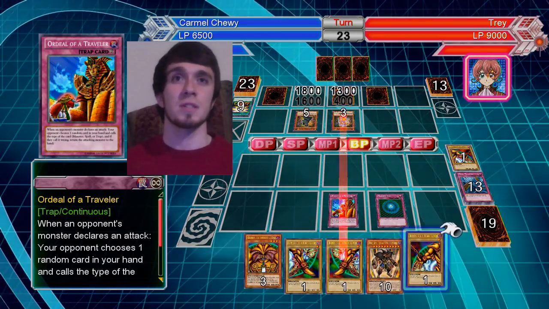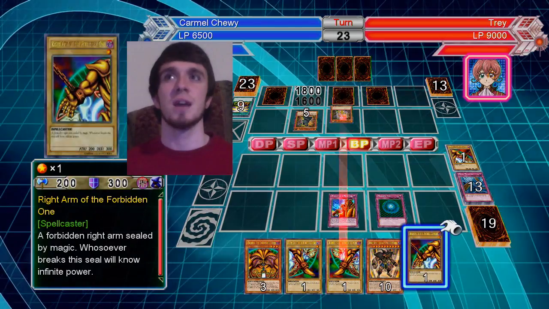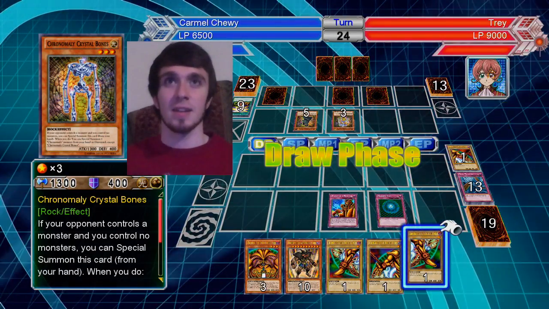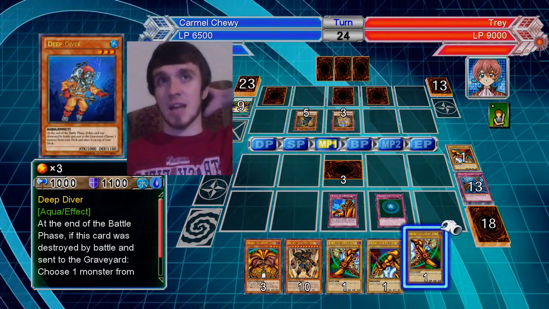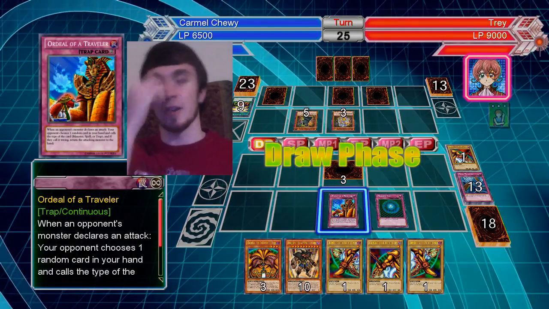Doubtful it works this time, because I literally just have monsters, and you actually didn't hit monsters. I remember before when I used Ordeal of a Traveler, it like never fucking worked. Every time the AI just knew, like, you can't do that. I'm not allowing that. It just happened every single time. It just knew exactly what card I was lying on. Normally the AI,